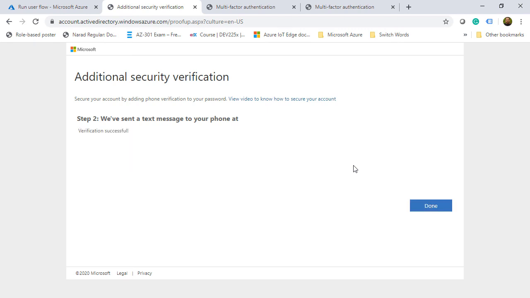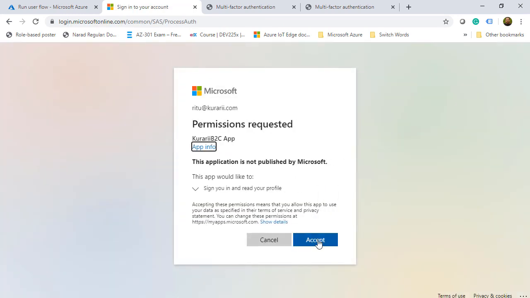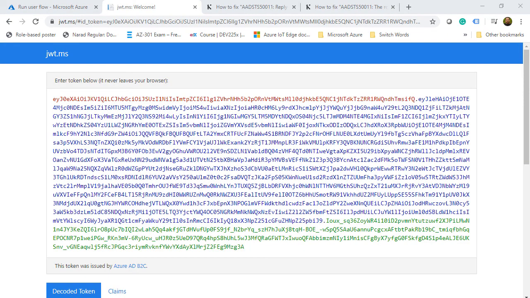So once I am successfully verified, I will have the option to click on done. I'll click on it and then accept the terms of Kurari B2C app. So finally we are authenticated and we are on the same page jwt.ms where we can see all the tokens